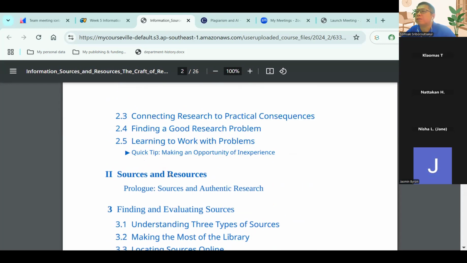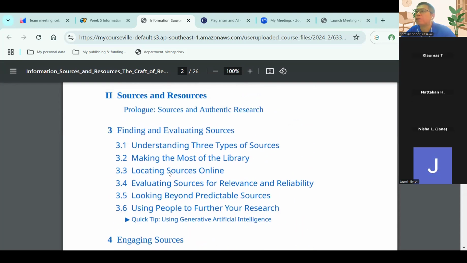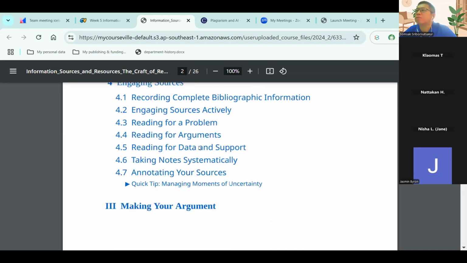I mean, in terms of how to find information sources and how to evaluate information resources for your assignment one, a small scale literature review. I will show some example from this document, and at the same time,